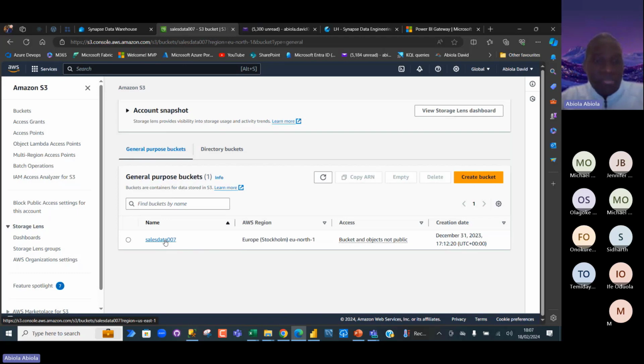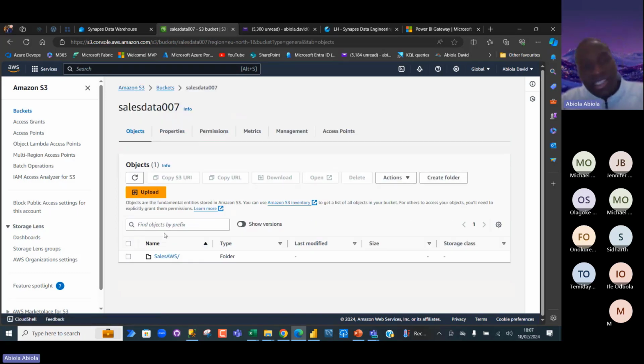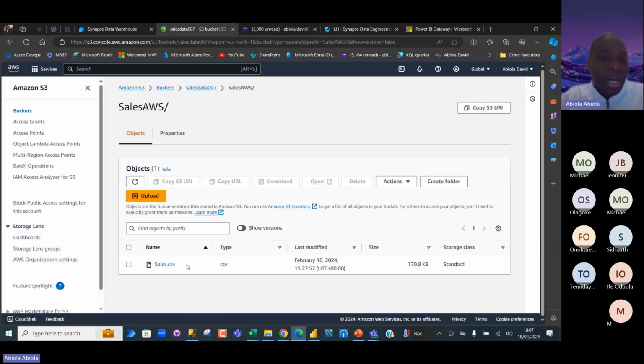So I can click on it, and then I can see in the next stage the content in that sales data 007. Now, basically, I've got a folder which is named sales AWS. So I can see the folder name, and then I can click on it. And of course, I can see all the items in that folder, which in this case is just a sales.csv file. So I'm going to click on it.